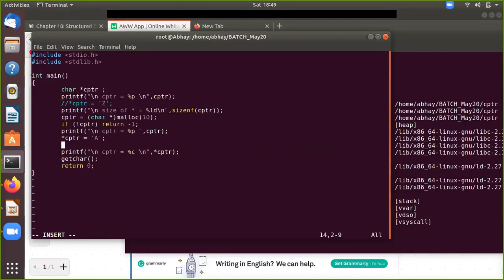Plus, minus, multiplication, division, modulo, right? So with a pointer, it is basically supporting only two things, plus and minus, or you can say plus plus or minus minus. So if I say that CPTR equals CPTR plus 2, and now you see that,